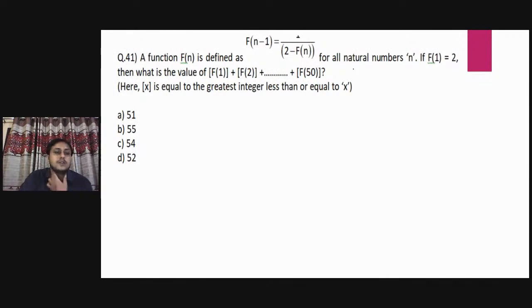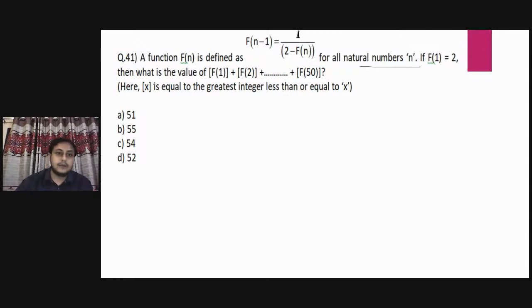Come to the next question, question number 41. This is f(n-1) equals, this is 1 guys, 1 upon 2 minus f(n), 1 upon 2 minus f(n), right? So a function is defined as f(n-1) = 1/(2 - f(n)) for all natural numbers n,